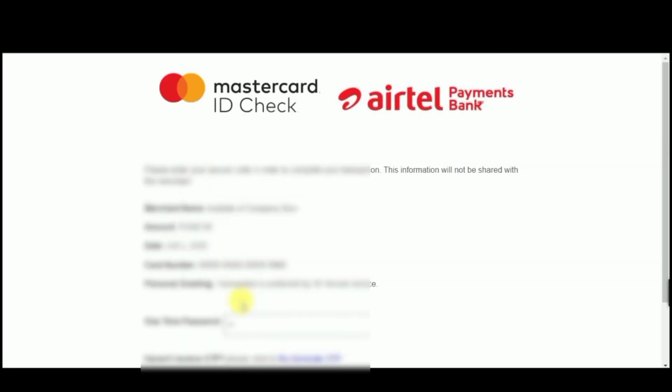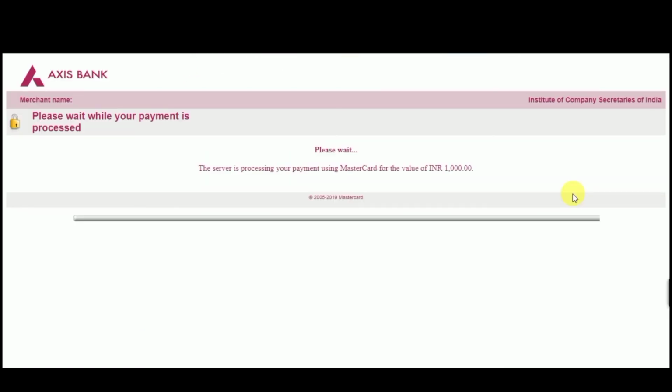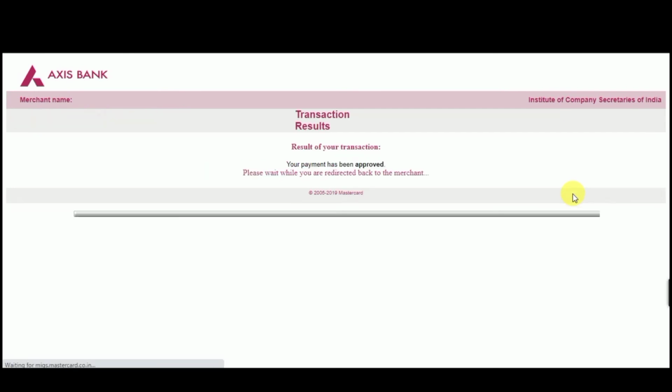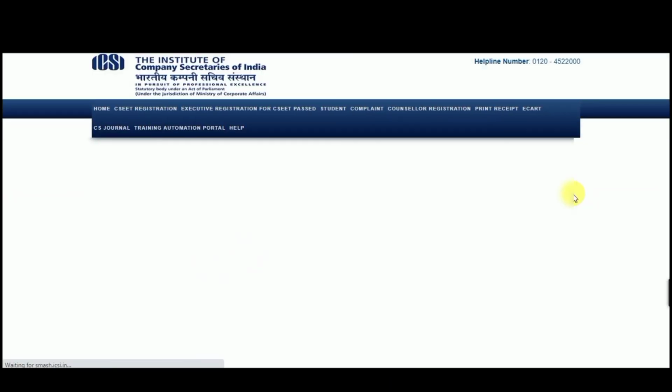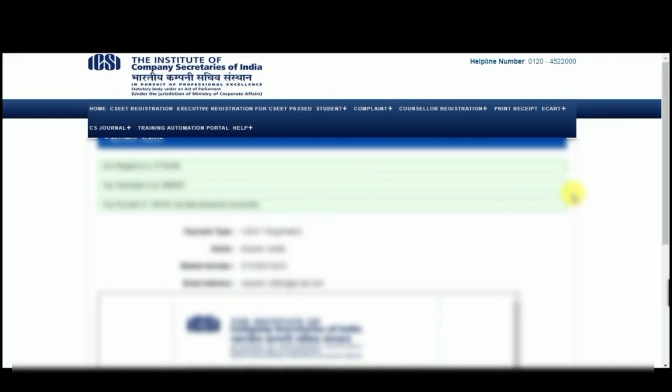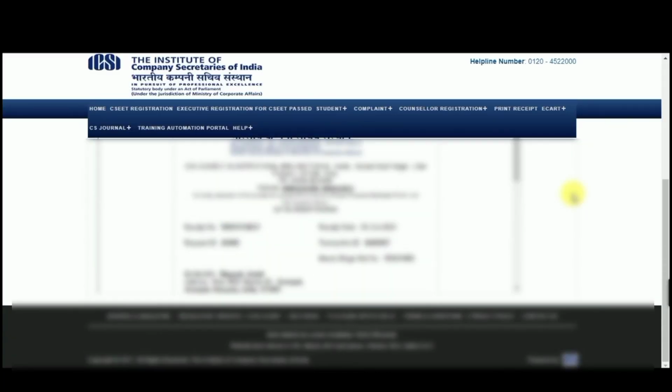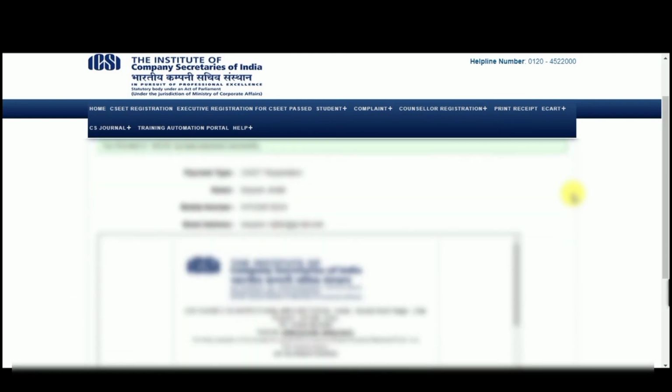Enter your OTP here and click on submit. So your payment has been approved. You will get your request ID here, transaction ID, receipt number, and membership number, also known as registration number.